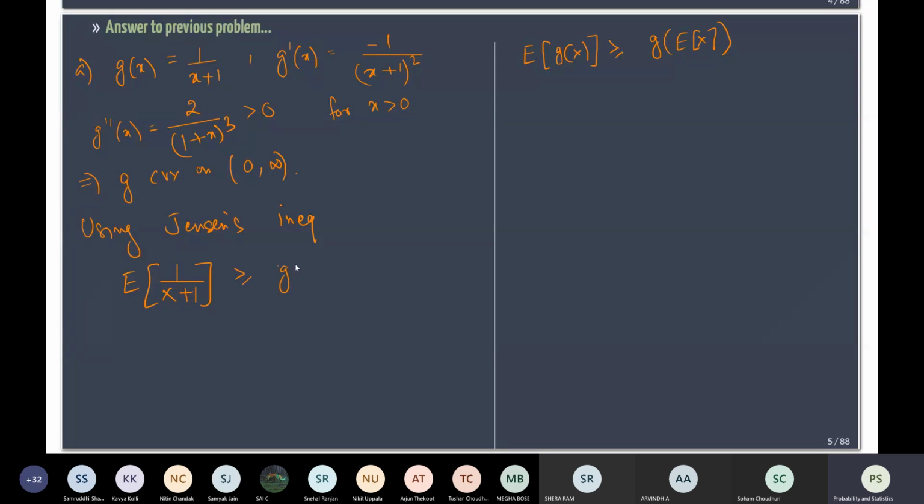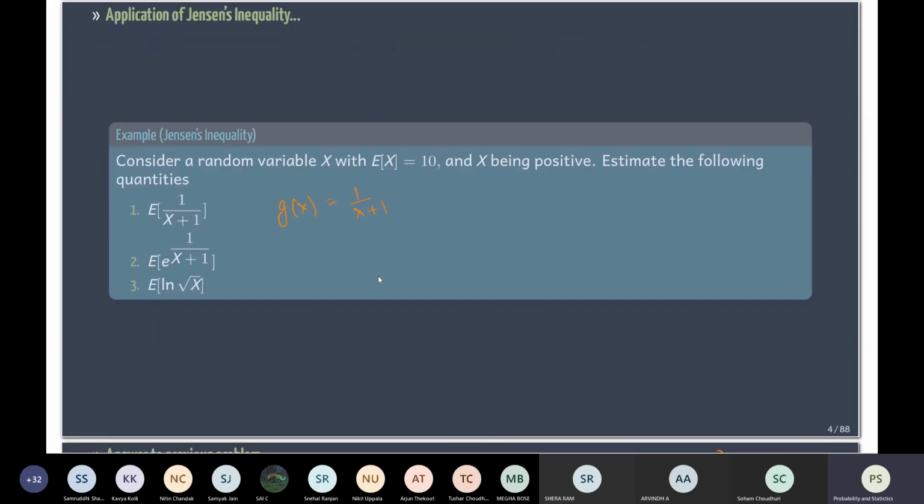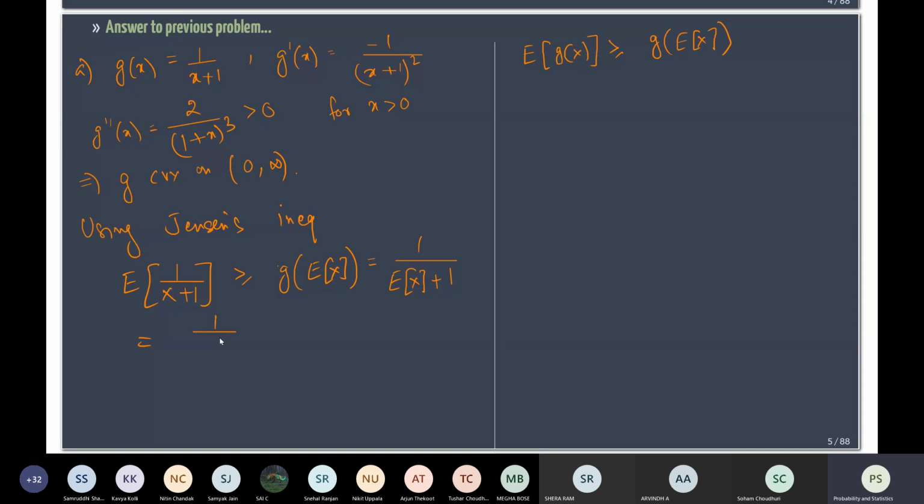So let me write this one more step so that you have clarity. So now g of expectation of x. In place of x, I have to put expectation of x, right? So this is 1 by expectation of x plus 1. So this is the estimate we have. Expectation of 1 by x plus 1 is going to be greater than or equal to 1 by expectation of x plus 1. And where were we given the expectation value? Yes, this was 10. So it's 1 by 10 plus 1, it's 1 by 11, right? Okay,